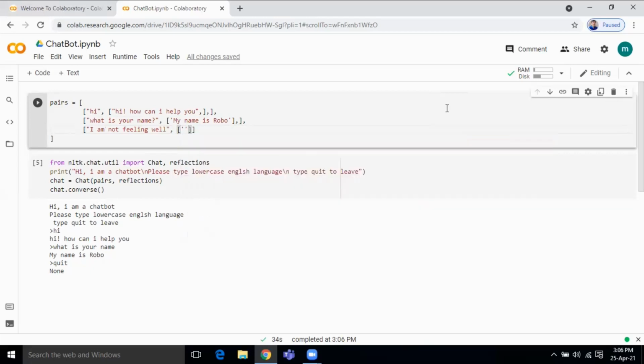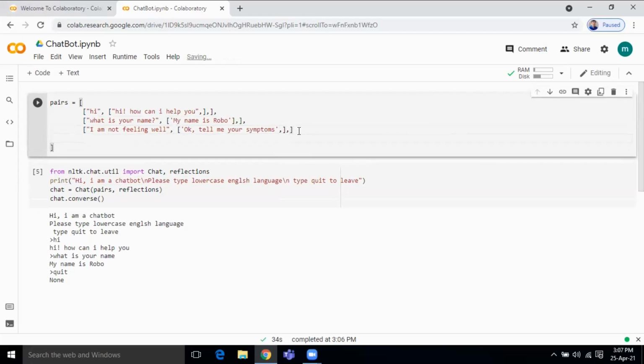The chatbot needs to reply to you or to tell some kind of symptoms. If you give some symptoms, it will respond accordingly. So you have to write another data set so that it responds accordingly. So for example, feeling headache. Okay, if you are feeling headache, and before that, whatever you write, I am feeling headache.